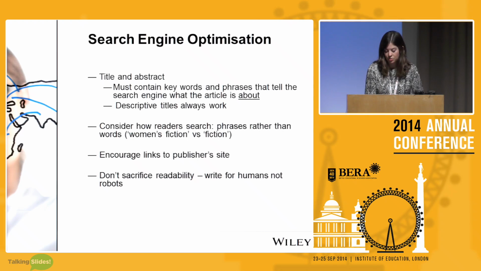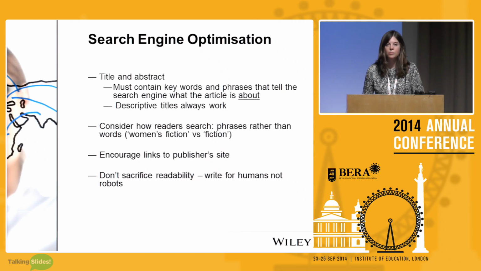And those include making sure that the title and abstract contain your keywords that tell the search engine what the article is about. Again, it's very tempting to put a lot of interesting keywords and a bit tangential sometimes, but actually just get to the core of what people will be searching for and what you want to be found on. And make sure your keywords are repeated. So they should be in your title, they should be in your abstract, and they should be in your text. And that kind of consistency and matching will allow the article to be as high in the rankings as possible. And consider a descriptive title, because they always work. Consider how readers search.